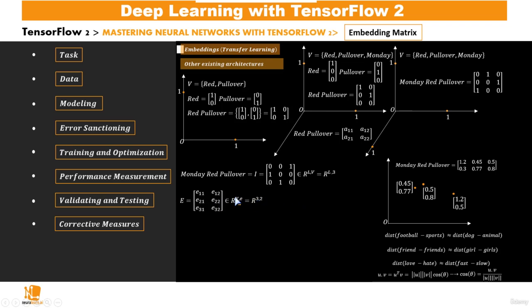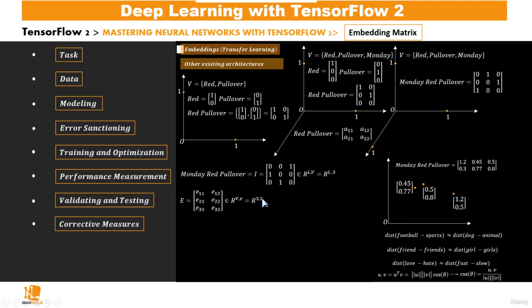as the vocabulary size of our defined vocabulary. So in this case, our vocabulary size is 3. That's why we have 1, 2, 3 rows, and the number of columns will be the same as the size of this new lower dimensional space. In this case, where our lower dimensional space is of dimension 2, we're gonna have this E